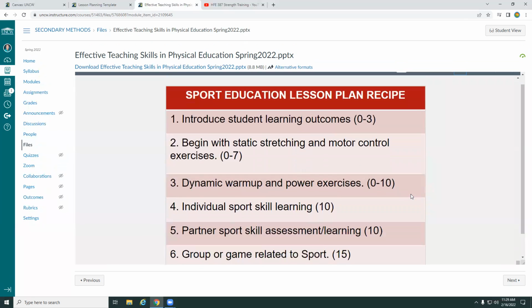If you're teaching sports, introduce student learning outcomes, what you want them to understand and learn by the end of the lesson. Begin with static stretching and motor control exercises like we do before our workouts. Then dynamic warm-up and power exercises, probably some hopping, jumping, dynamic warm-ups, knee pulls and stuff like that, getting them really